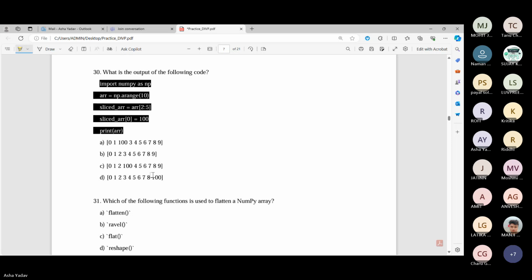100. You have an array with a range value of 10, मतलब तुमने 0 से लेकर 9 तक एक एरे बना लिया। उसके बाद तुमने एक स्लाइस एरे बनाया जिसमें 2 से लेकर 5 तक की वैल्यू आई है, तो दैट इज 2 3 4 आ गया। फिर स्लाइस एरे के 0 पे तुमने डलवाया 100। तो क्योंकि नंपाई एरे में क्या होता है, इट इज अ व्यू ऑन द कॉपी, दैट मीन्स अगर स्लाइस एरे में कुछ भी चेंज करोगे तो मेन एरे में भी चेंज हो जाएगा।